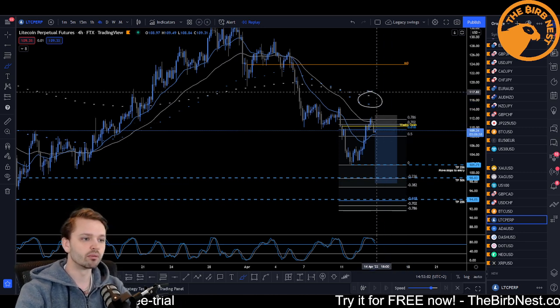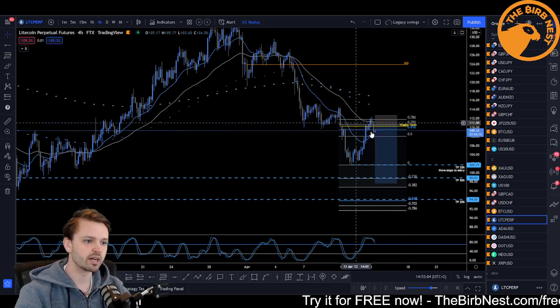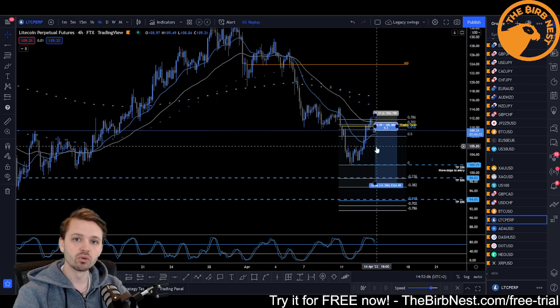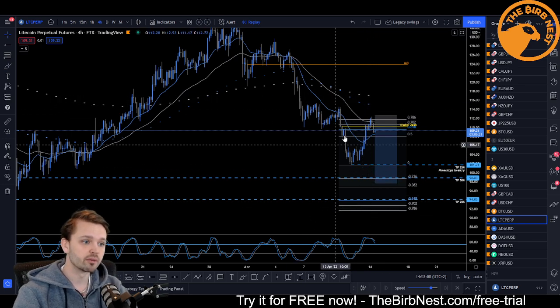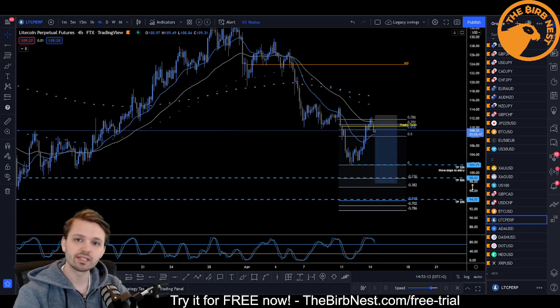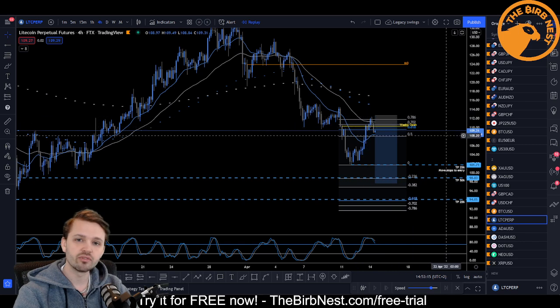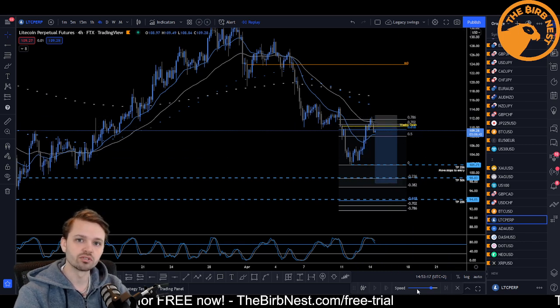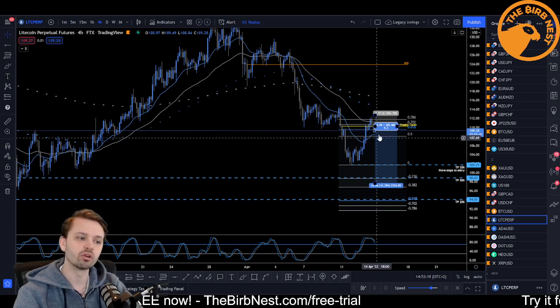You then look at the 4-hour moving averages, which you can see right here, the solid ones. Is price below them? Yes. If yes, you want to be shorting. If it's a local downtrend, you want to be shorting. So everything lines up here. Now you're going to be looking at the 4-hour 20 or the 50 EMA, and you're going to use those in confluence. You can also look for them